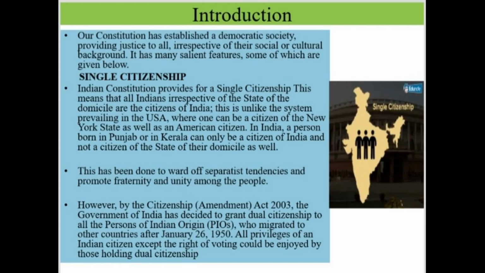All people in India, whether they belong to Andhra Pradesh, Karnataka or Tamil Nadu, are all together referred to as Indians. They were not given any citizenship from the state to which they belong. Whereas if you compare the United States, there the United States has dual citizenship. For example, take a state in the United States called California: a person will have citizenship of California as well as citizenship of the United States of America.